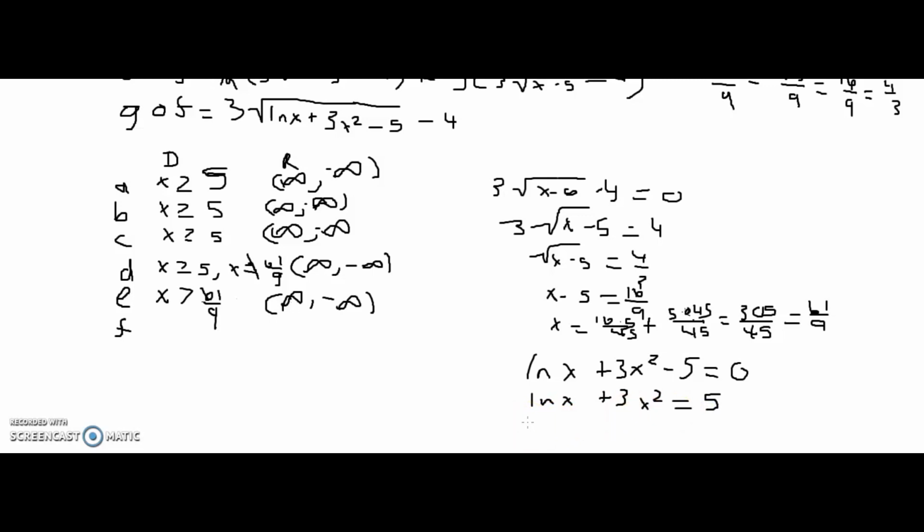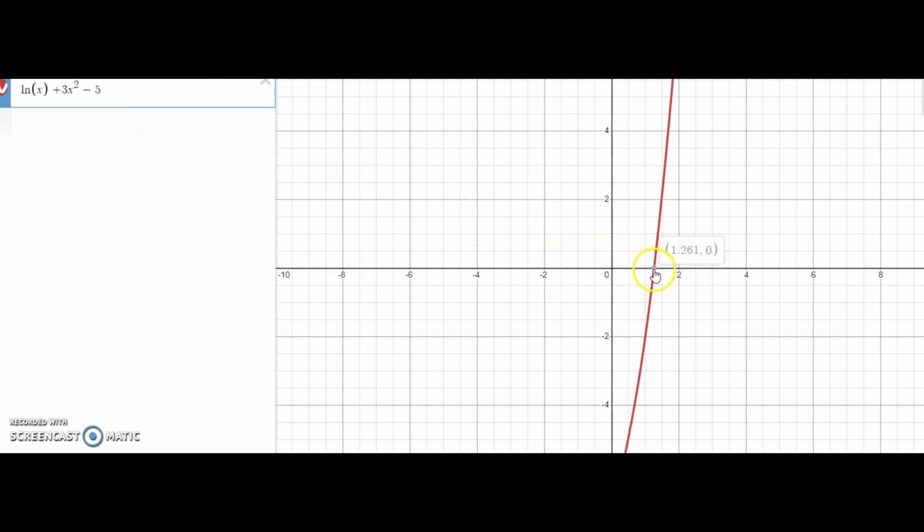So this one we may have to do more intuitively. So again, here I cannot plug any negative number in here or 0, which is automatically handled by domain restrictions, which is fine because this will automatically be some positive number. There probably is some solution to this, so I'm going to pull up Desmos and see if there's a solution to that. Okay, so I plugged it in here, and this value here, 1.261, is where